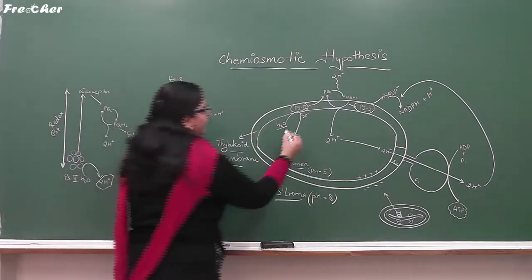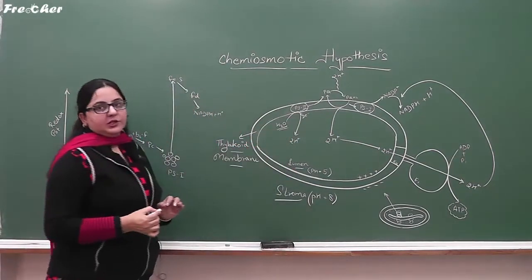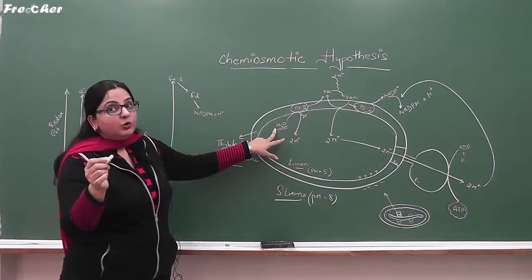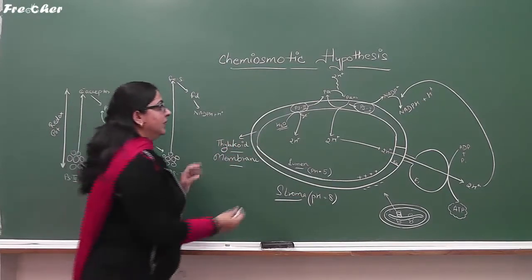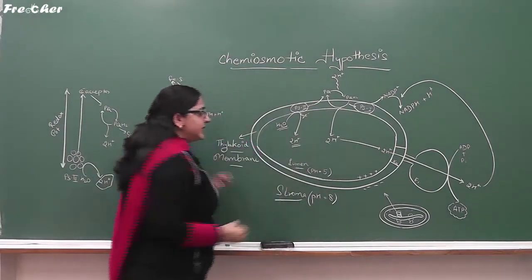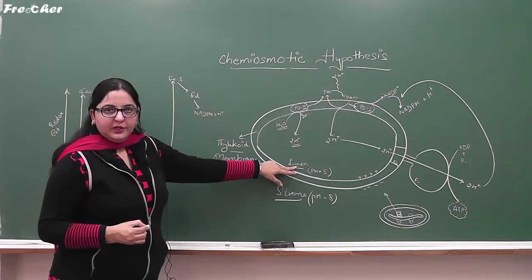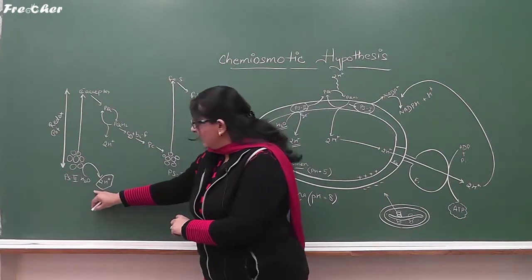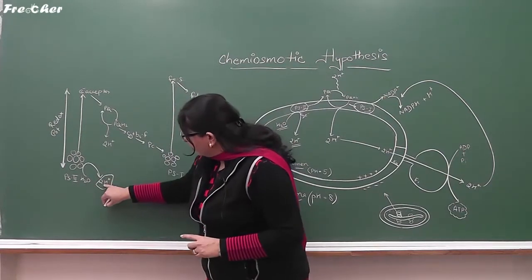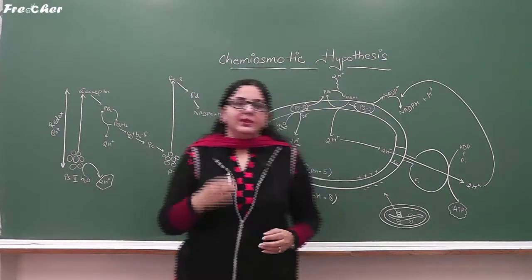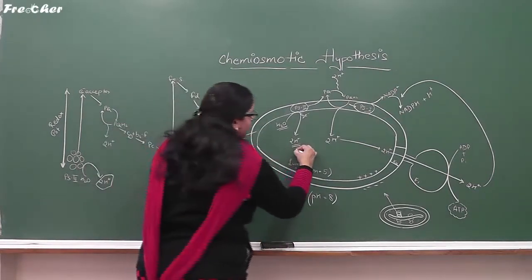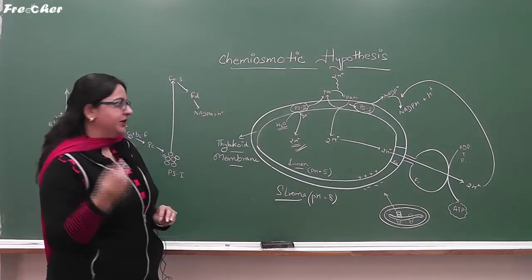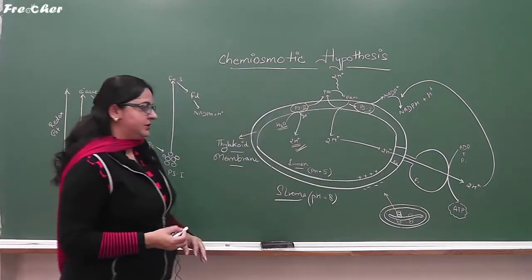Now the chemiosmotic hypothesis contains three main processes. Number one, the splitting of water in the presence of light, that is photolysis of water. Due to the photolysis of water, protons get accumulated into the lumen. Here also in the non-cyclic, we have seen that the photolysis of water occurs and the protons are removed from the water molecule. These protons get accumulated into the lumen. It is the first point of the chemiosmotic hypothesis.